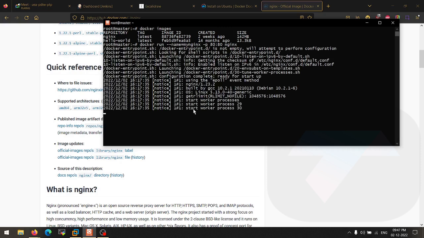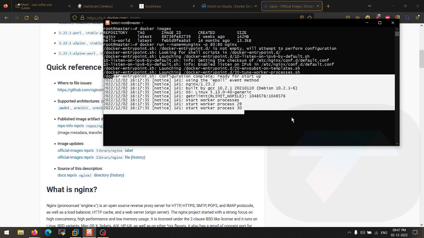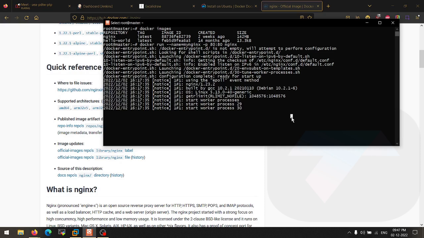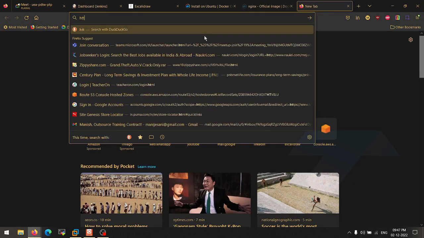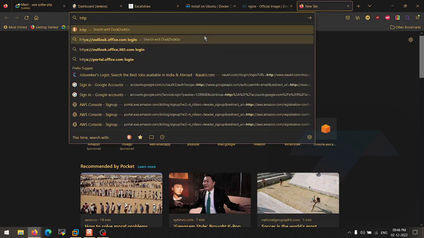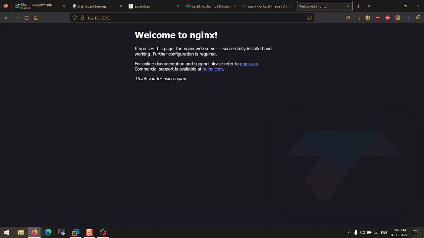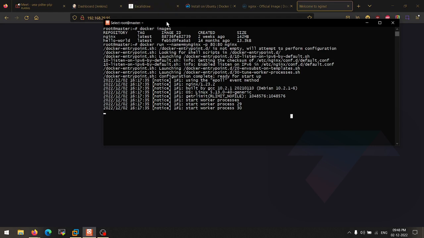And it says started worker process. These are the logs of Nginx, right? Now how can we test whether this container is working or not? Because I have mapped 80 to 80, I will be able to access the Nginx page directly with the IP of the virtual machine. So http colon double slash IP address, hit enter, and we got the Nginx page. Now this Nginx page is coming directly from the Docker container. It's not hosted on my system, on my VM. It's coming from the container.